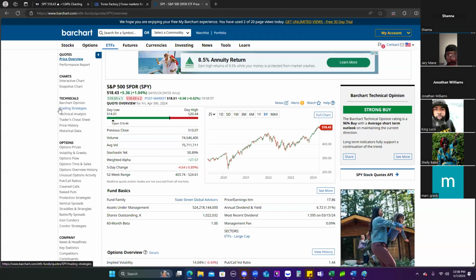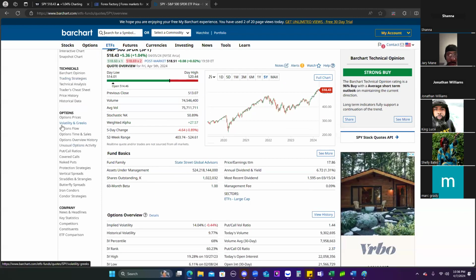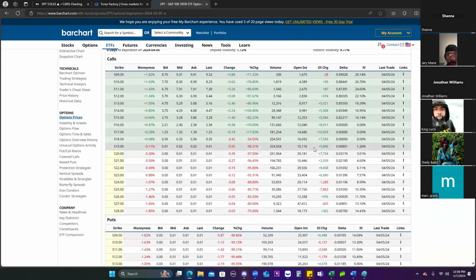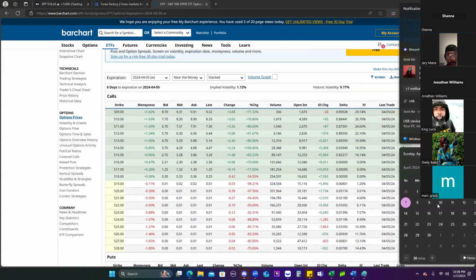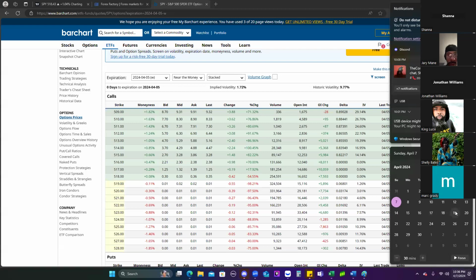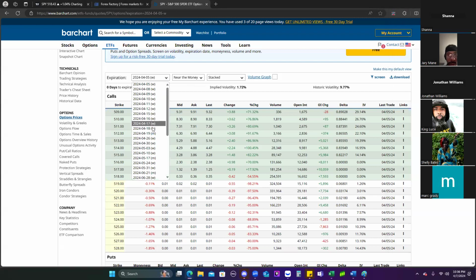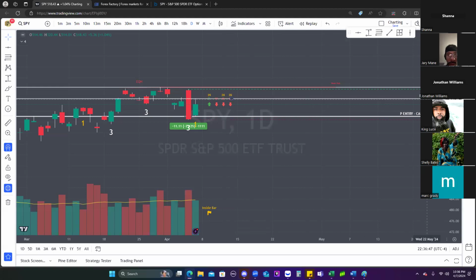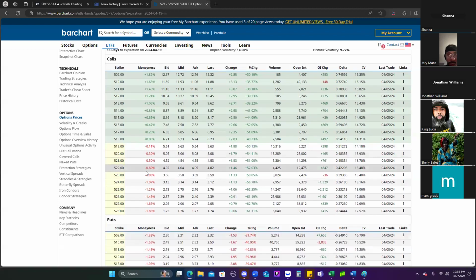It's a wealth of knowledge, a crazy resource. You can come here and check options prices and volume and all of that. So we're looking for, I would say, the 19th if you want to go a week out. And if we triggered the 520, targeting the 524s,